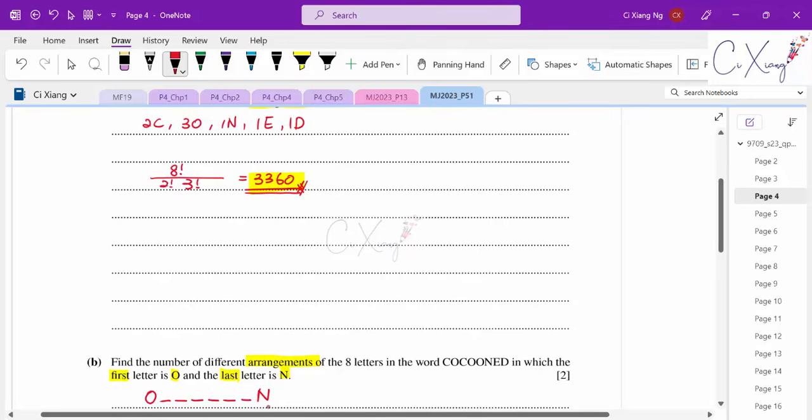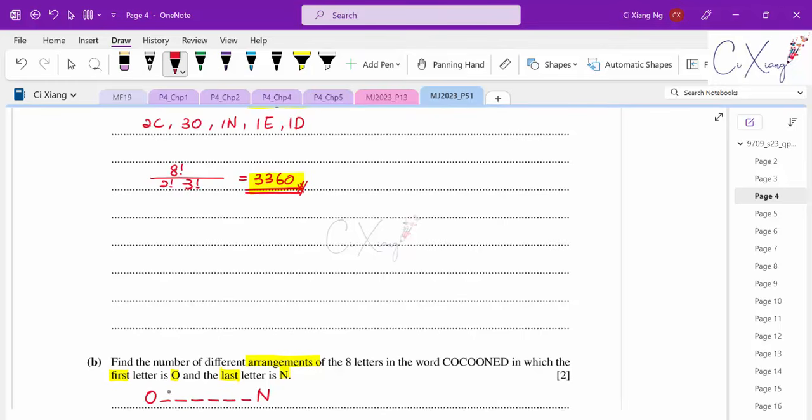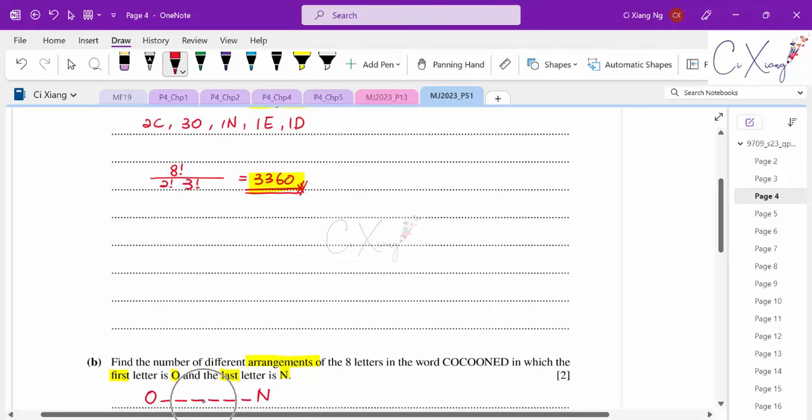That means I'm not going to touch them anymore. I'm not going to arrange these two particular letters anymore. I want to focus only on the arrangement of the 6 letters in between. So what are the letters that we still have for these 6 letters here? One O has already been placed in the first letter, so I have only 2 O's left here. And one N is already placed, so I'm having 2 O, 2 C, 1 E, and also 1 D to be placed